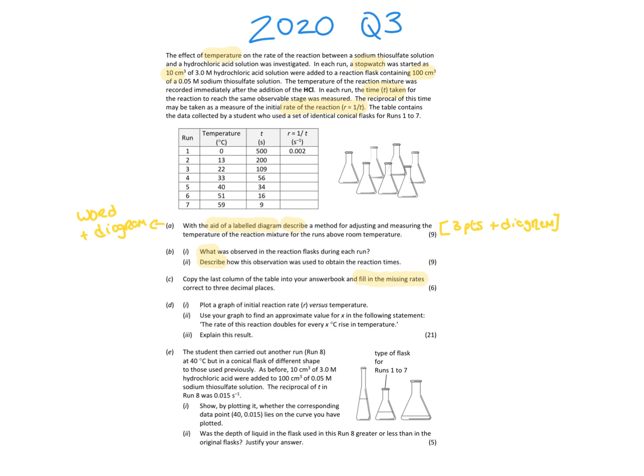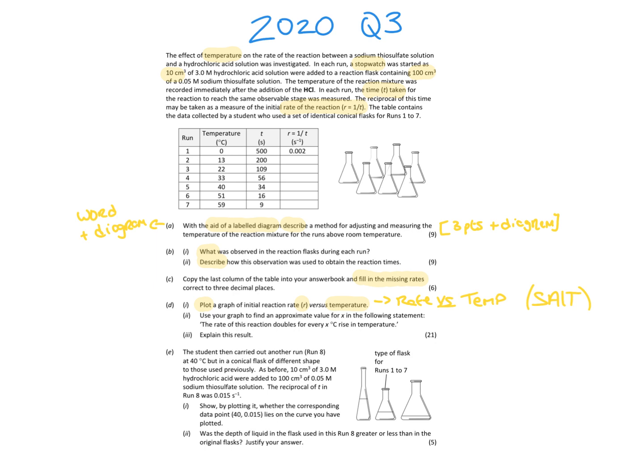Part D is going to ask you to plot a graph of rate versus temperature. So that's very important there. Like I mentioned in the previous video, you need to check if it's rate or time. So in this question, it's rate versus temperature. And of course, as well, you're going to make sure when you're drawing your graph that your graph has a scale on it. Then what you're going to do is it says use your graph to find an approximate value for